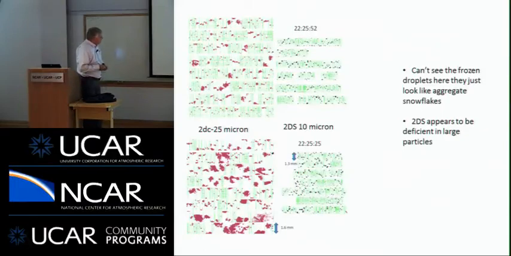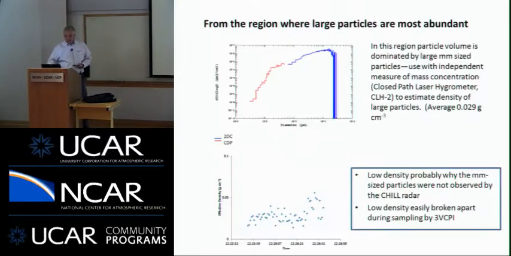And also, these particles are breaking up even in the 2DC, so it's not surprising that they might be breaking up in the 2DS as well. But you can't see frozen droplets here. They just look like aggregate snowflakes. And I've looked at a lot of anvil data with 2DCs, and you really find a lot of this kind of stuff there, but you don't really have a feeling for what's the percentage of depositional grown crystals versus frozen crystals in this kind of data, because the frozen droplets are 20 microns or so, and the resolution of the probe is 25 microns. So why would you expect to see them?